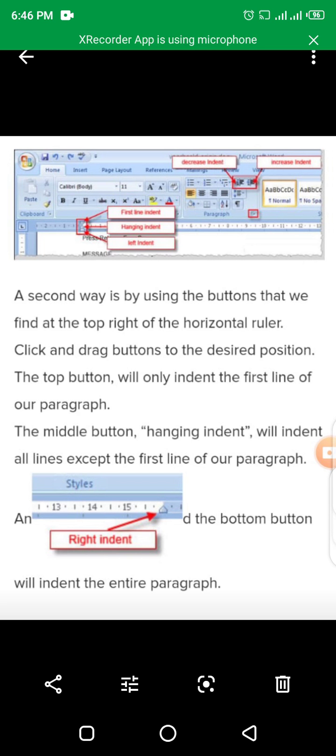If you want to make it like a column size, you can move it with the left indentation or right indentation, or what is first line indent. Have you seen an application written to your principal? The first line of that application is a hanging indent. That means there is a word gap in the starting of the first line.